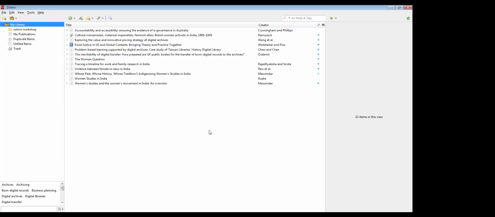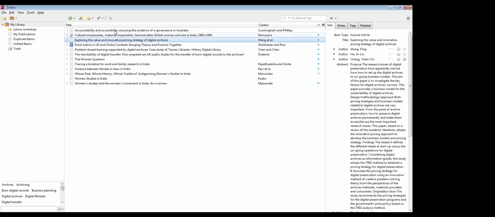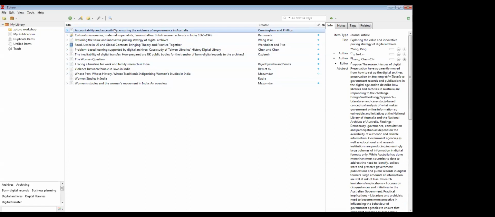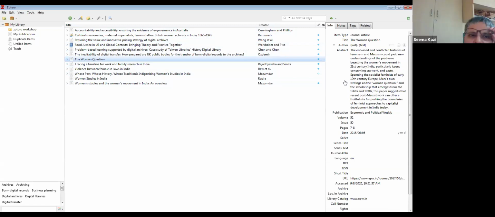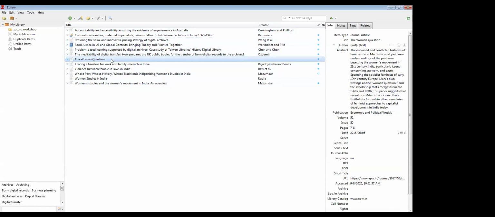The middle pane is the actual resources that have already been downloaded in Zotero. And if you click on a particular article, or it is called an item in Zotero, then on the right side, in the right pane, you will have the metadata about it. Suppose you click on one of the items; on the right side the metadata will appear for that item.